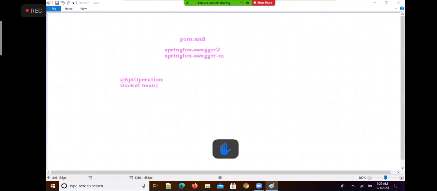Swagger uses this Docket bean to find where to search for REST controllers, that is, in which package the REST controllers are in the project, and which paths should be included in the documentation.